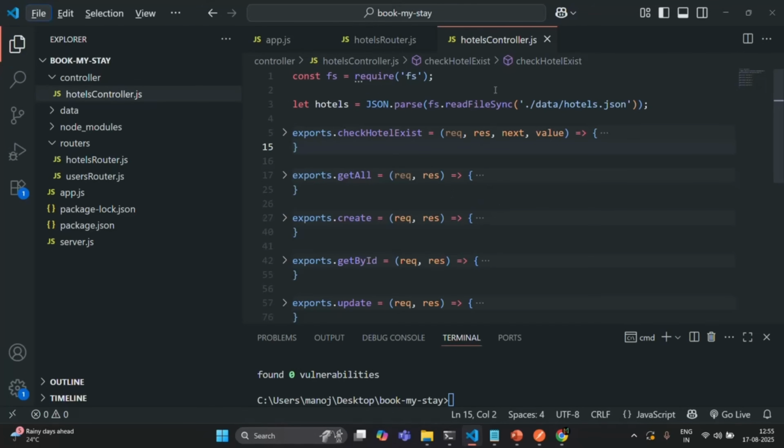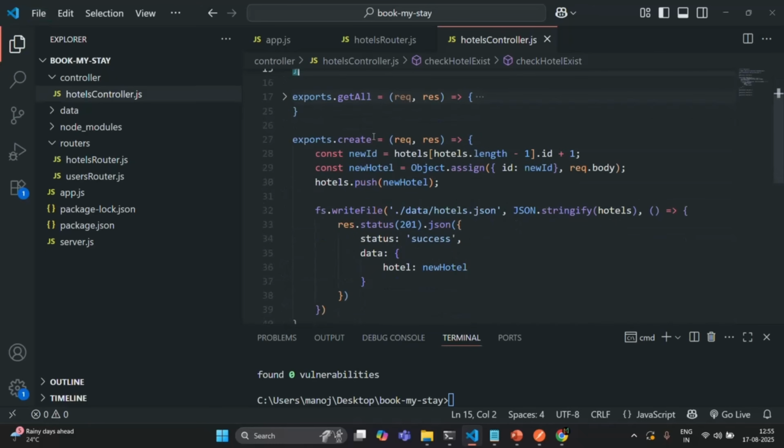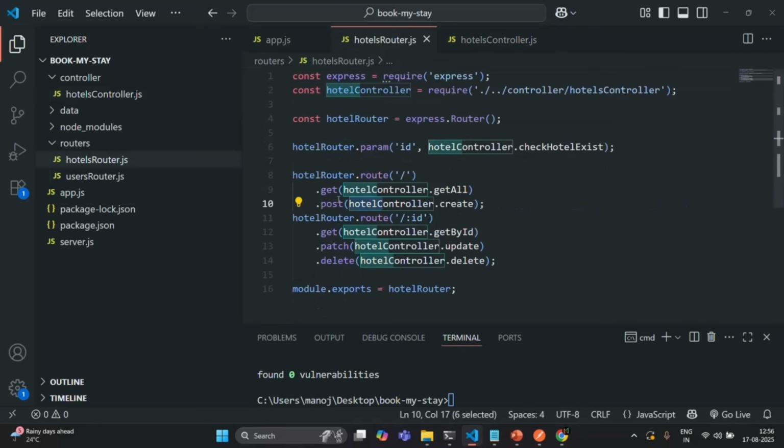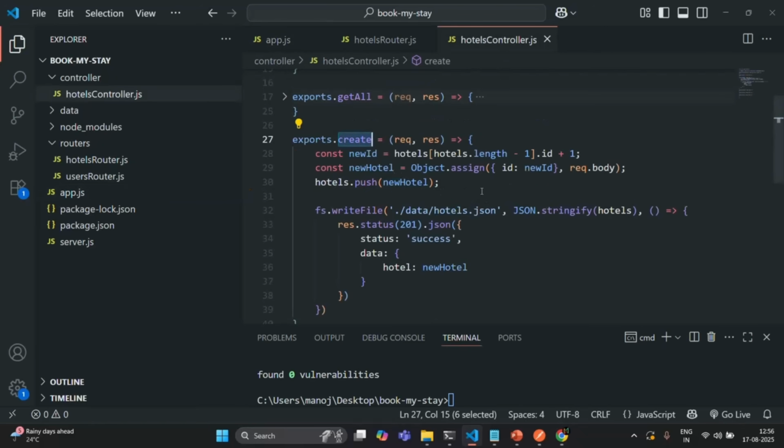Now here in this hotels controller, we have a route handler function for creating a new movie object. So we have this create method, which is a route handler function, which gets called whenever we send a post request to this endpoint, right? Now, the problem here is this method is correctly creating a new hotel object when we pass a hotel object